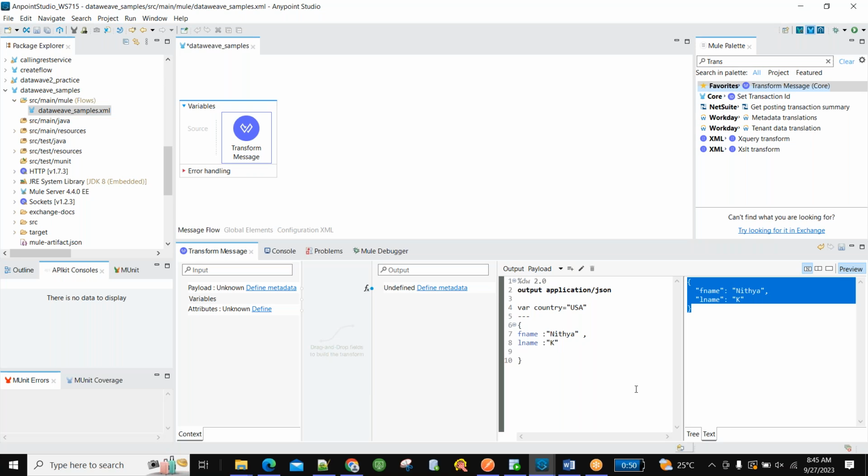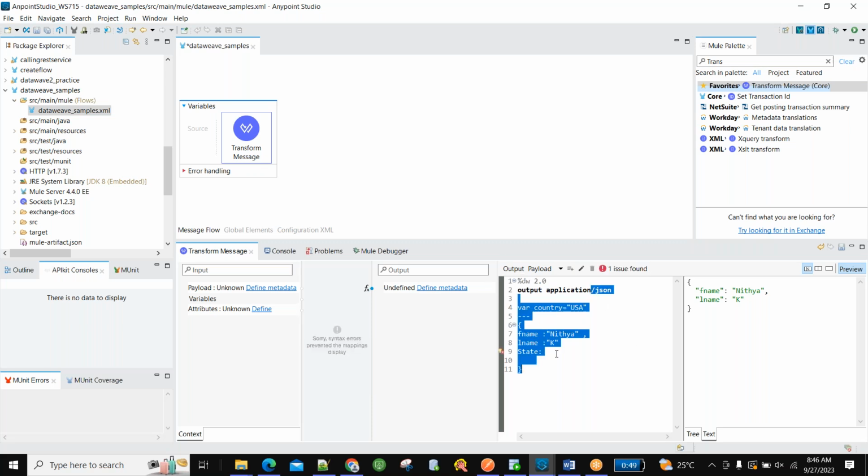Okay, so now country, what name of the country, now just state I am taking. Whatever I have declared at the top, see this is a variable, right? This variable name is country. If you are declaring any variable above the dotted lines, you can call it directly, because most of the time we will be using it. Comma should be there. Now if you see, state is USA. So whatever variable you declared at the top, with that name you are directly appending to your element. This is how any number of variables you can declare.